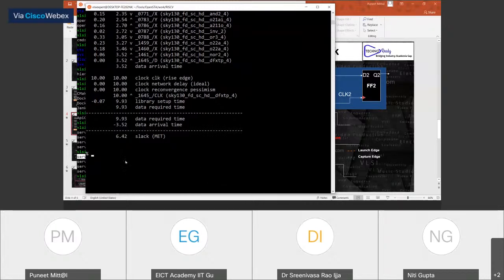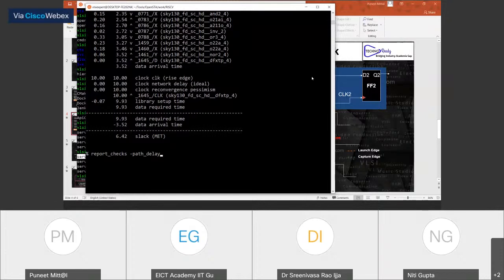So report check, and if you remember yesterday we talked about report_checks -path_delay, and then it is max.